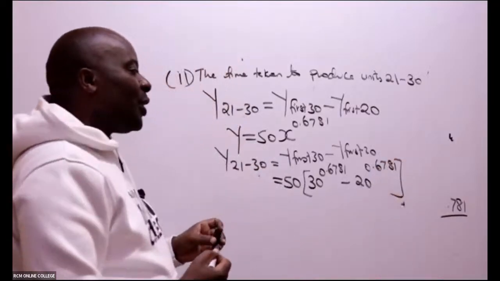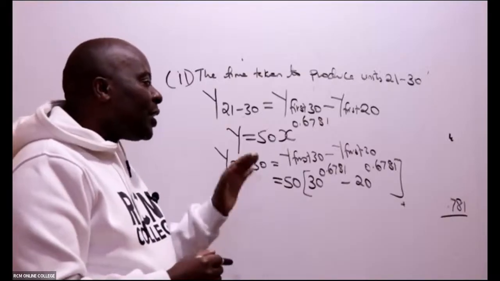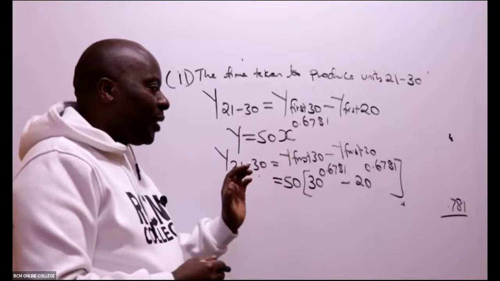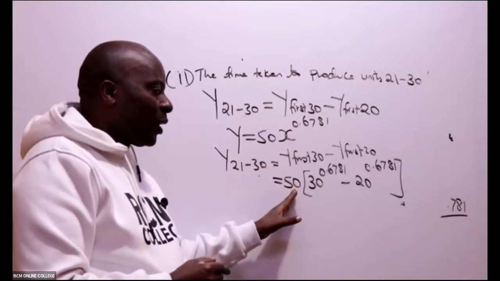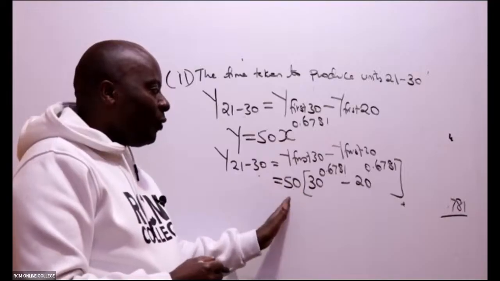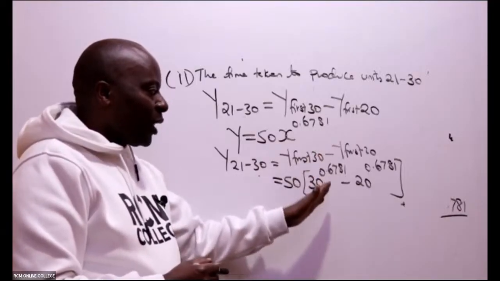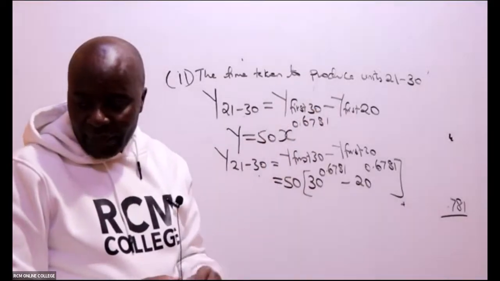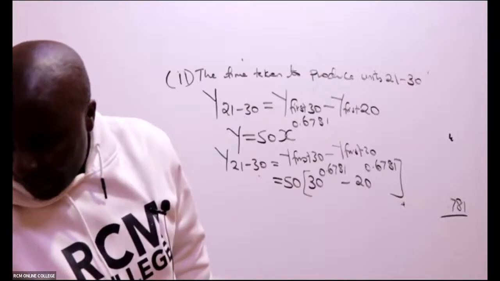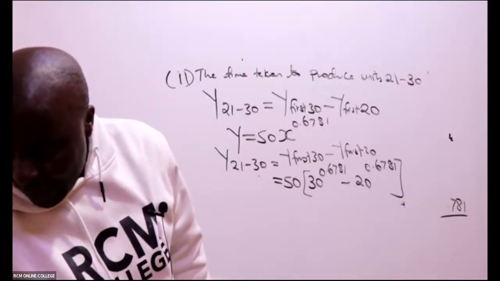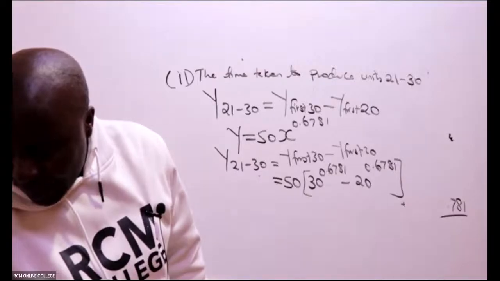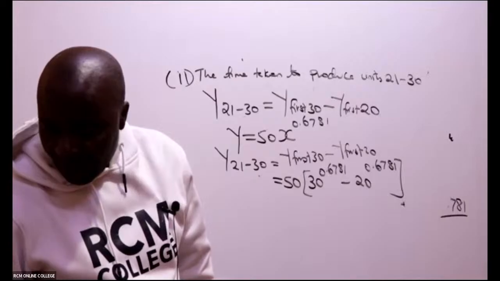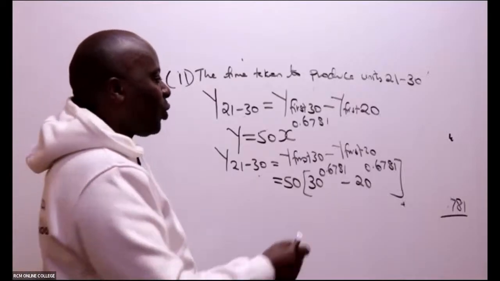So is there somebody who is able to give me this answer? You can decide to do this separately, but that is quite intensive. I would rather put this A outside because A is applicable to both. So 50 times, open brackets, this raised to that minus that raised to that, and then I'll be able to get an answer. Is there somebody who is able to get an answer here? I'm lost, okay. So we have 120.65.